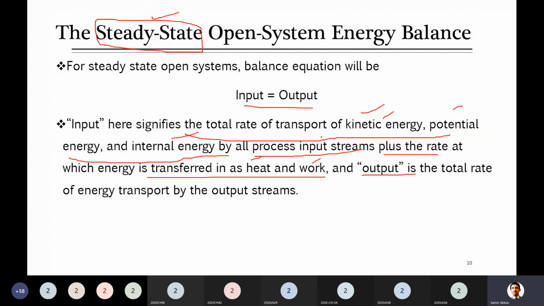But before that, I told you in an earlier lecture that Q and W are path variables, and we don't write them in the form of delta. We just call them a net energy in or out. And I told you that that term, either Q or W, will be considered as either something getting in or out. Both you can consider in that Q, as well as for W. So here I have written the equation based on this. Input is equal to output. So is this equation correct based on the discussion, the things which I have just explained? Is this equation correct, or is there some problem with the equation?